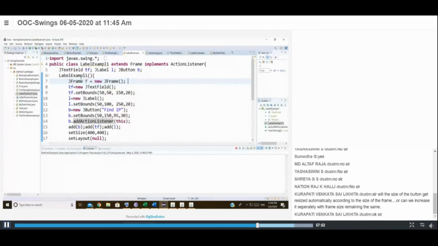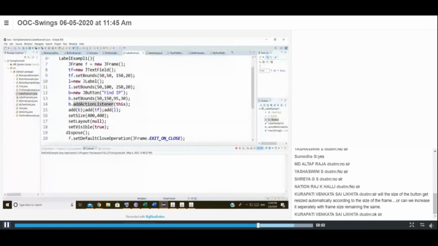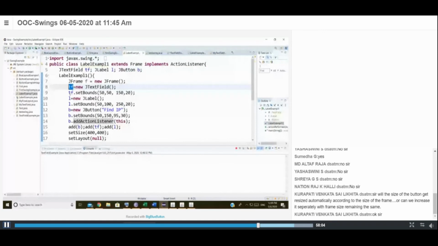In this example, we are going to create one text field, one label, and one button. Three things we are going to create. The text field name is TF, the label is L, and the button is B, and we have specified where exactly each should be present. The button text we are passing is Find IP.